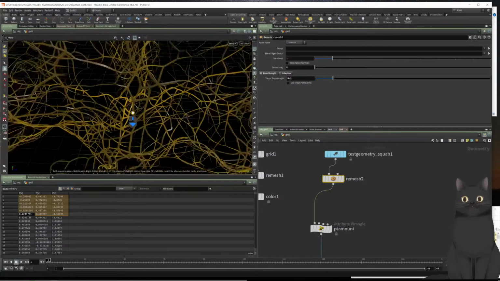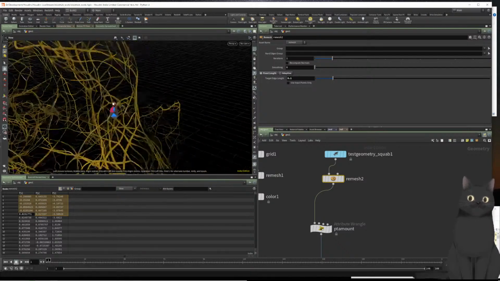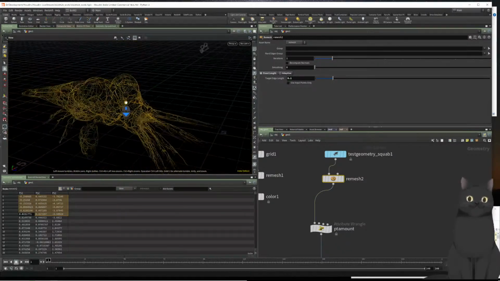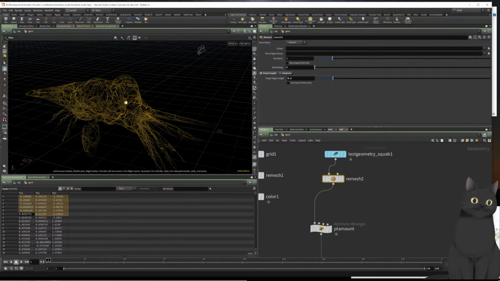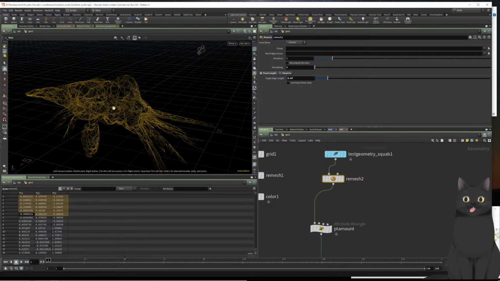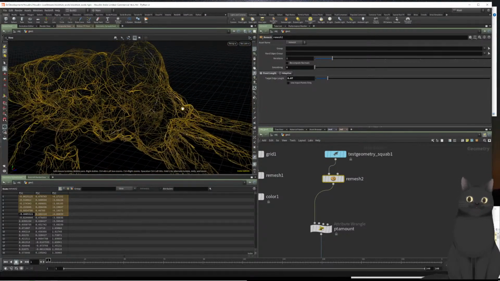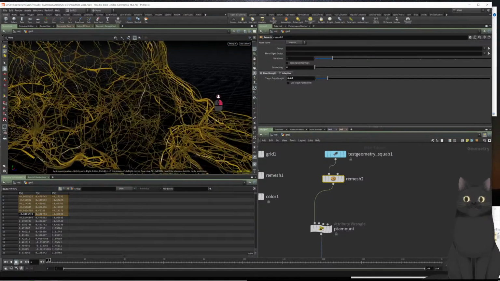So now you can see that we have a pretty good detalization. I wonder if we can make it even smaller. 0.07 should be enough. Okay, now we have a pretty awesome detalization, and as you can see with this curly effect, let me show